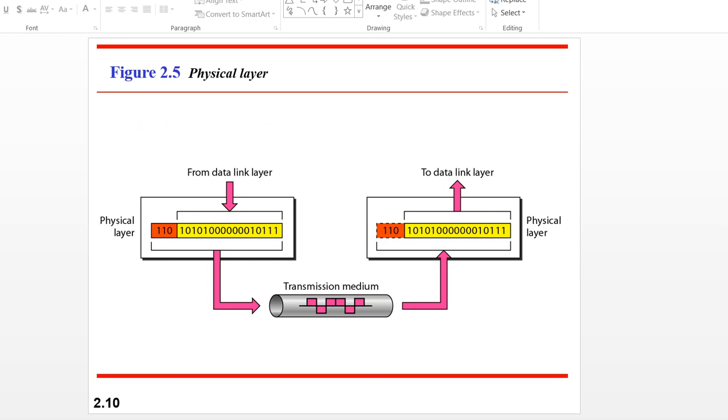Here the physical layer represents a physical cable that will be there to transmit data. Physical layer in the sense that there are physical devices to transmit data, like cabling. Coaxial cable, twisted pair cable, any cable which can carry the data, that is nothing but a carrier. That is known as a transmission medium. Here you can see this is a transmission medium.